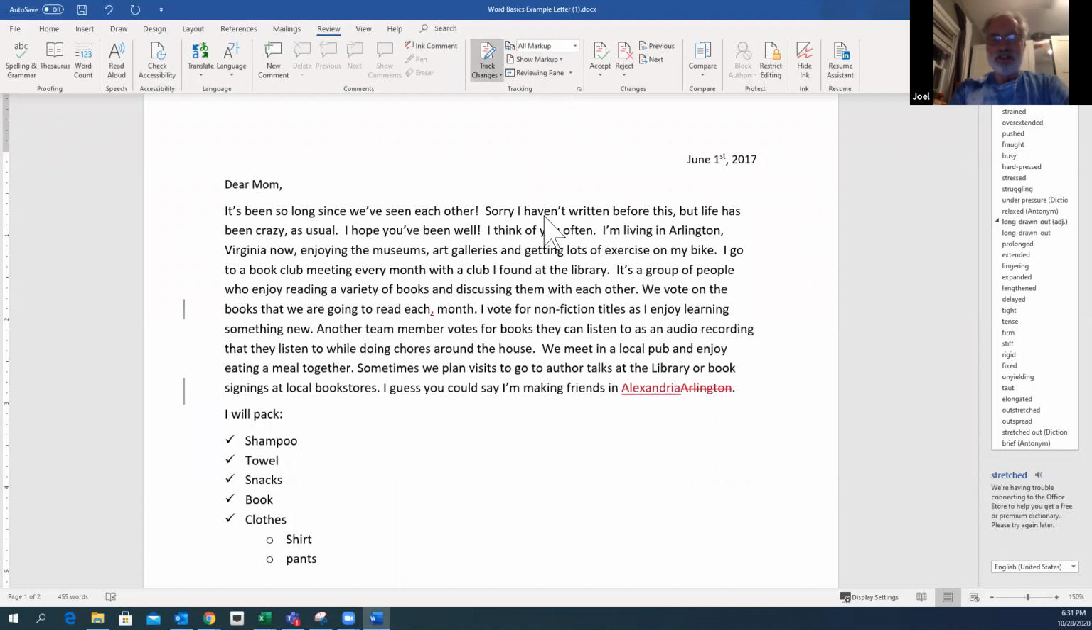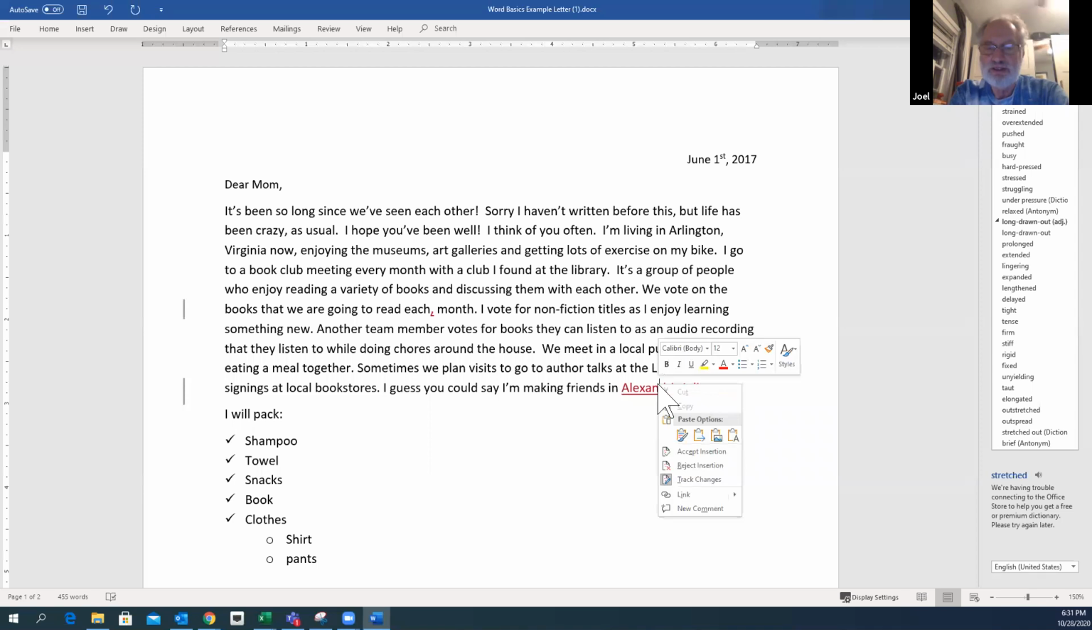Now, the next thing is, okay, I see these edits, and now what do I want to do about them? Again, there are a couple ways to do it. One is you can go down to the edited word. If you go down to Alexandria and right-click on it, it'll give you the choice of accepting or rejecting the insertion. So let's accept it. The other way you can do is go back up to the review menu,